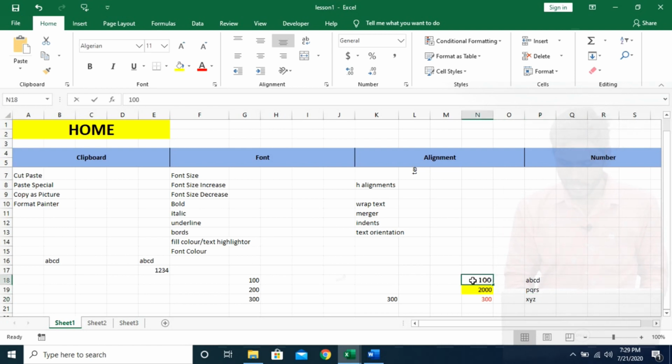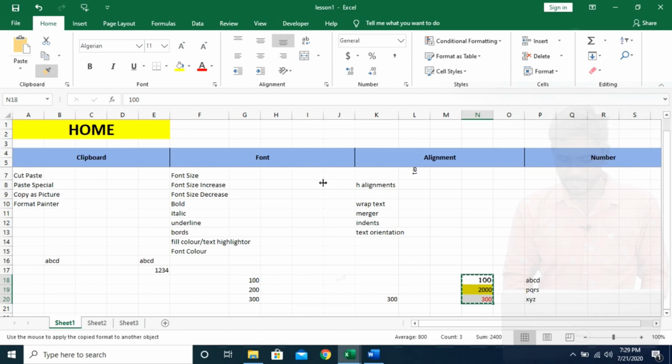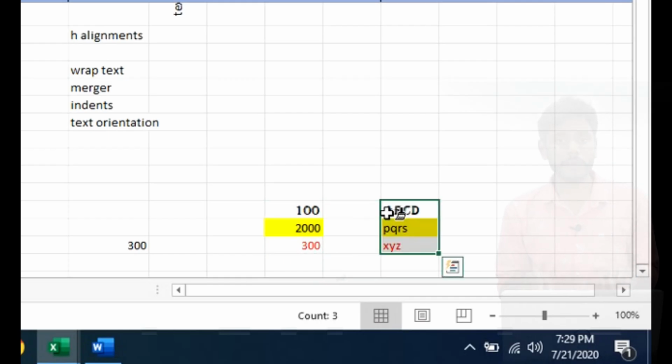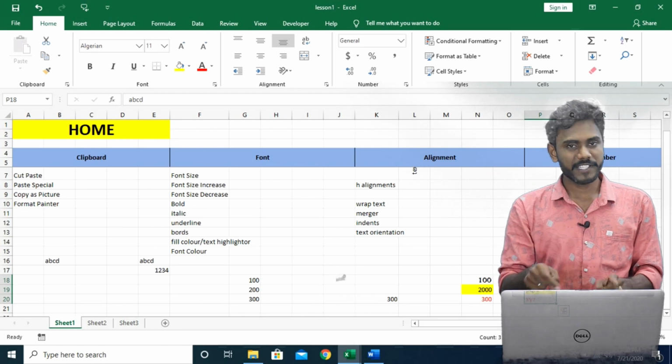So simply here I'm going to select this range, and right here, just activate format painter, just click, and wherever you would like to paste, simply click there. Automatically the same format, not the values or any formula, only the designed format will be applied. It is not moved, we just make a duplicate of the same format in other cells. So this is how we copy a format and paste the format.